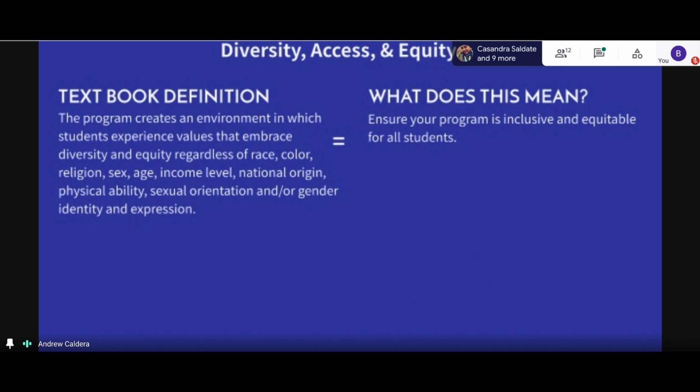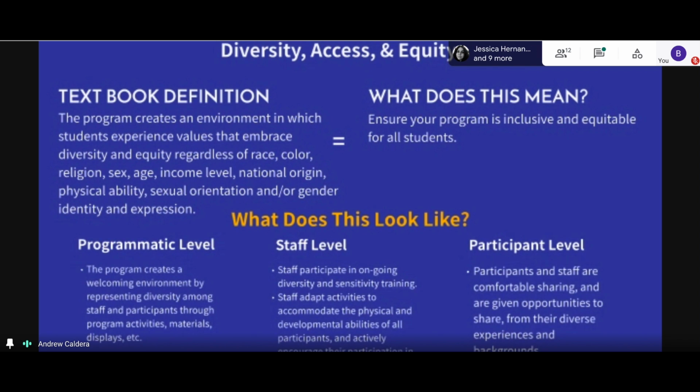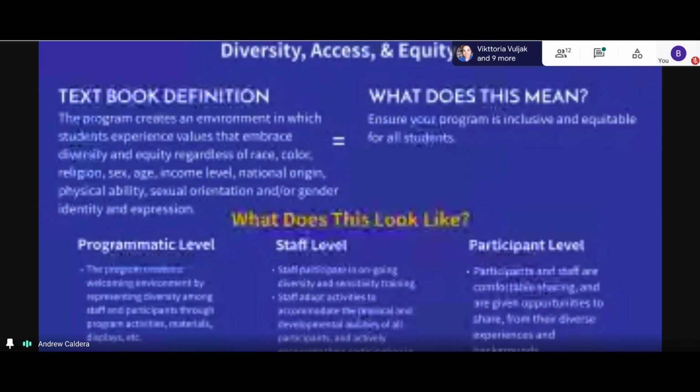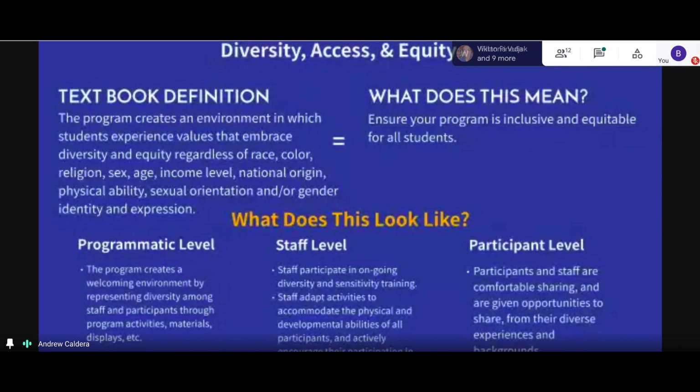We want to make sure we're inclusive with whatever it is we do. We want to create a welcoming environment by greeting them when they come in: hey, hello, how are you doing? What's going on? Sometimes we have to be a little silly, and that gets people more into the program. Sometimes they had a bad day, but we can be that positive reinforcement. And we should be that for everyone, not just for the students who are my favorite. We should never have a favorite. We should always be inclusive to everyone and equitable.